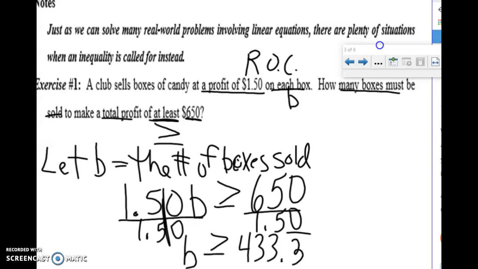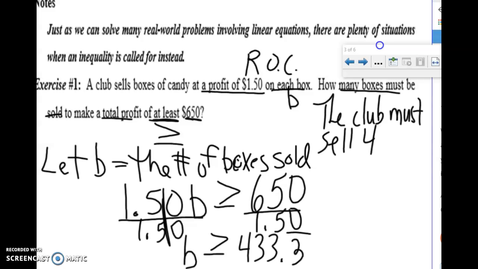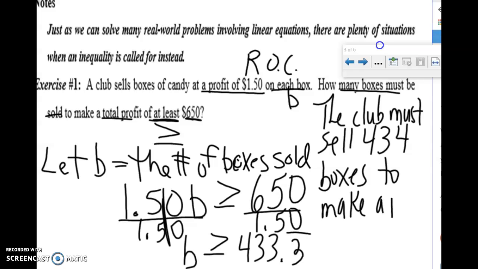433.3. Now, we want to know how many boxes we have to sell, and we ended up with a decimal. We want at least, meaning bigger, meaning more, so we need to round up. So let's write a quick little sentence that says, the club must sell 434 boxes to make a profit. Because if they only did 433, they'd come up a little bit short of their